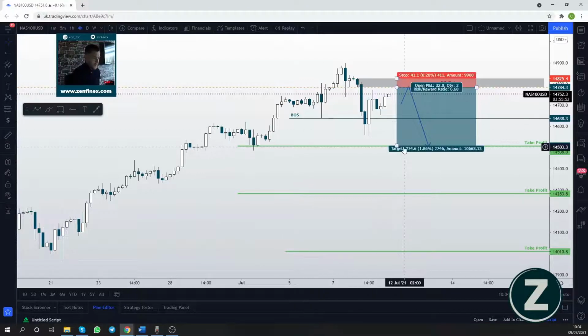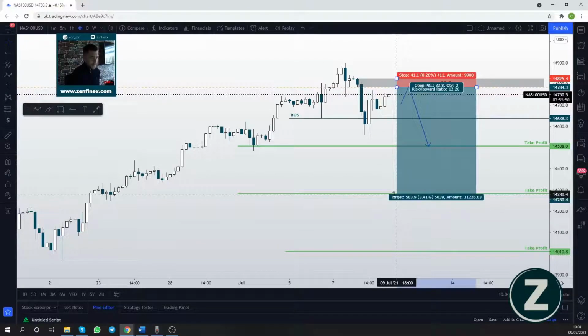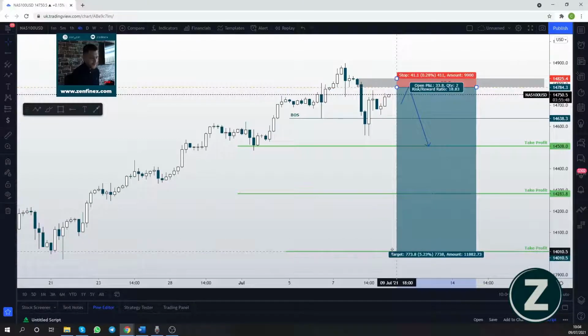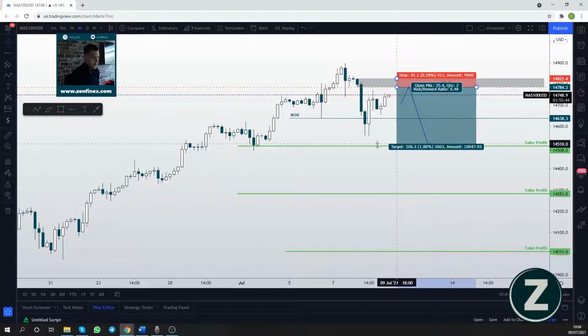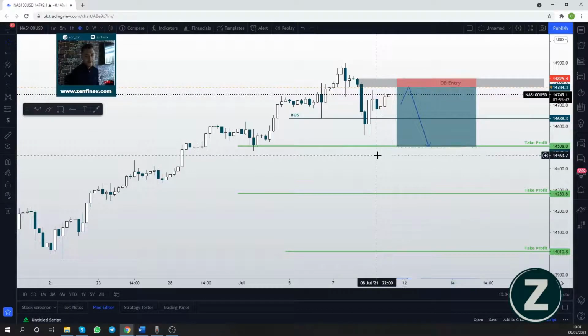So, if we then aimed for the ones below at 12R and then all the way down to 14,000, it is a trade of the year opportunity down at 18R risk reward. Any 1% risk, 18% gain, which I think is great.